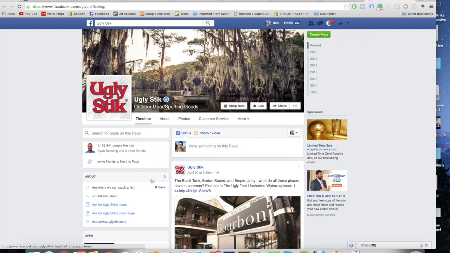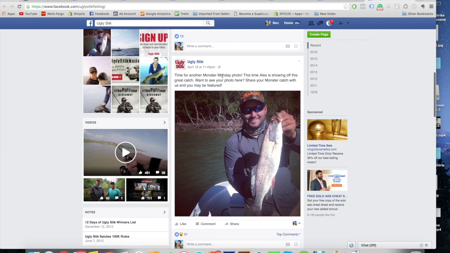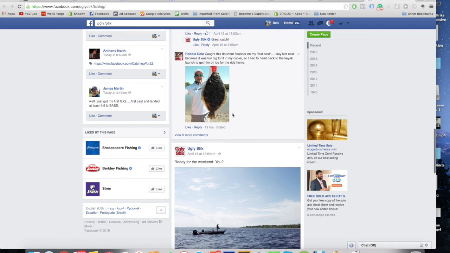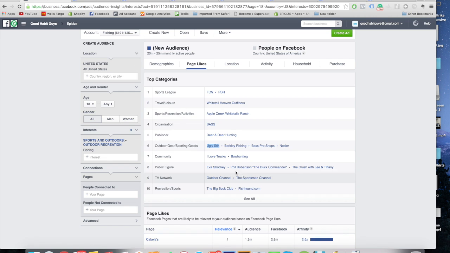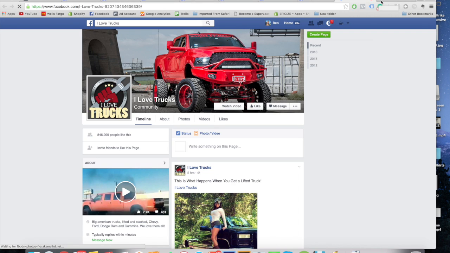Ugly Stick. Oh yeah, I think I know this. This one, I think, is hunting. Yeah, this is a hunting and fishing story, if I'm not mistaken. I love trucks. Okay, bow hunting. As I open more and more tabs, you can see that about 70%, if not 80% of all these pages